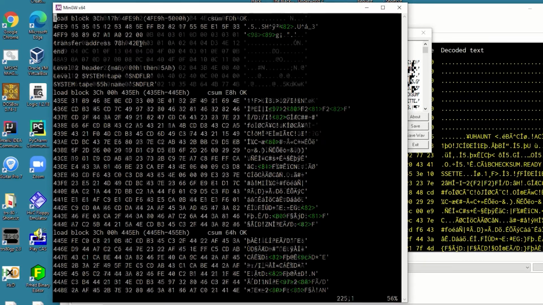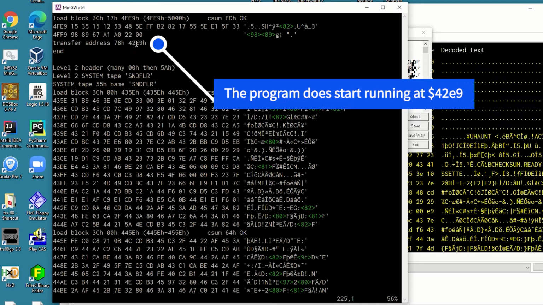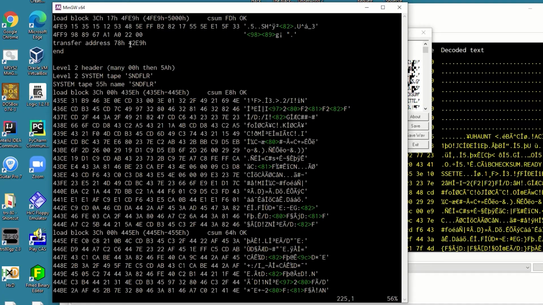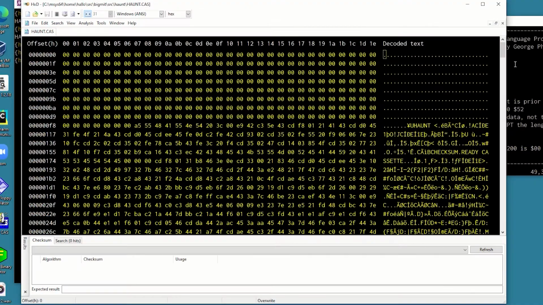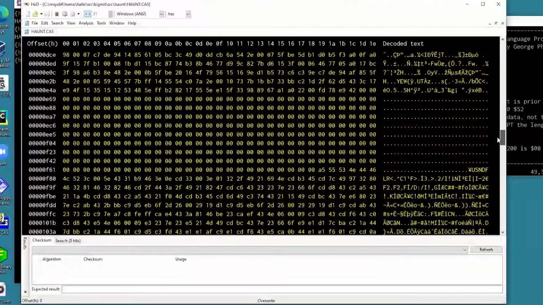and it's not actually going to use that 000 memory address. Finally, in this first cas file, I want to double check that it is jumping to 42E9 at the beginning where the load started and not somewhere else. And in fact, that's the transfer address. That's great. All right, at this point, we can go back into the binary editor and separate these two